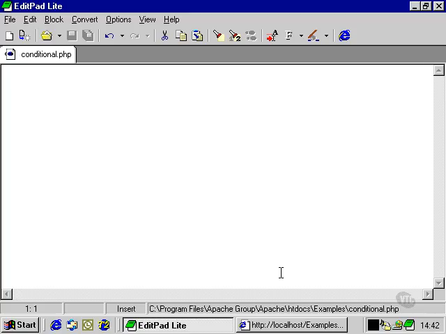And now we're going to look at a different way of making decisions, which is not even a statement, but an operator. Now, operators, as we saw before, were the little symbols that PHP uses to express different kinds of conditions, or rather that we use to express to PHP what we want it to do. So let's have a look at, first of all, we're going to do this condition the way we learnt before, using if,